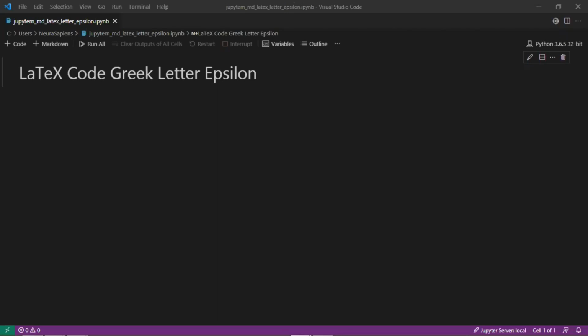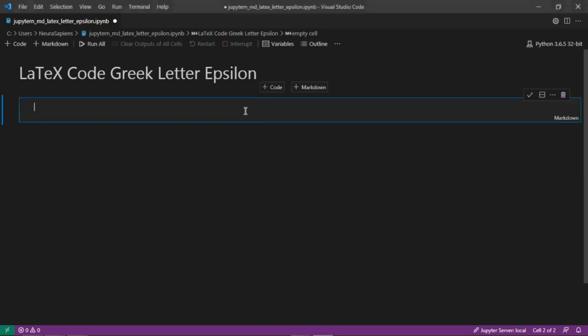In today's tutorial, we'll look at how to add a Greek letter epsilon to a Jupyter Notebook Markdown cell using LaTeX code. So letter epsilon is the fifth letter in the Greek alphabet, and we'll start here by creating a new Markdown cell. Here we'll add in lowercase epsilon, where the LaTeX code is a backslash followed by lowercase